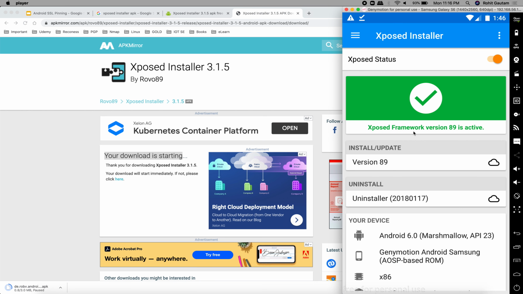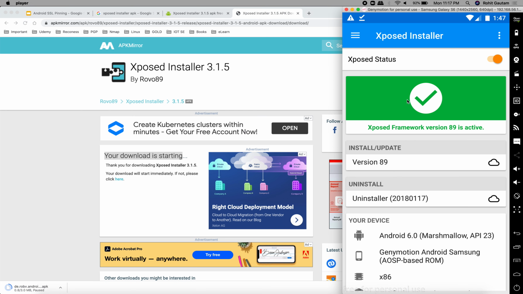When you start, it will give a red cross, which means the Xposed status is not ready, or it is not active, or it is not installed. You have to remember this. You need to install this first when you start your Xposed Installer. So I have already installed. It is very simple. It will take a few minutes to install, and once it is installed, it is good and it is ready.